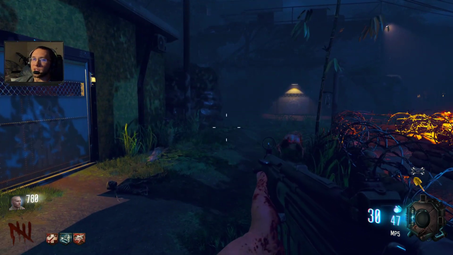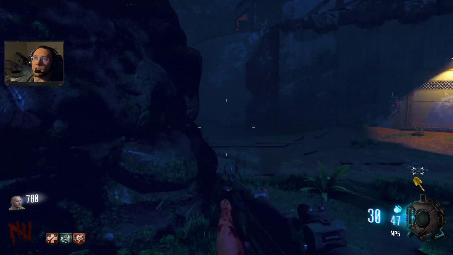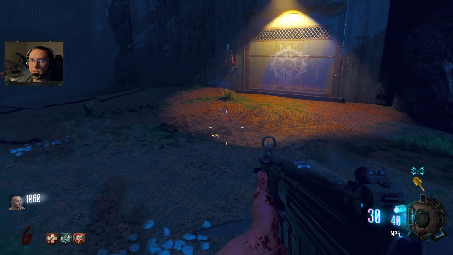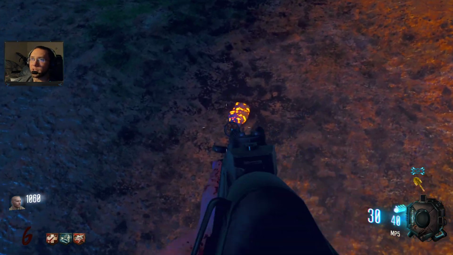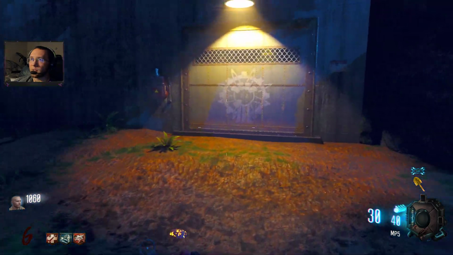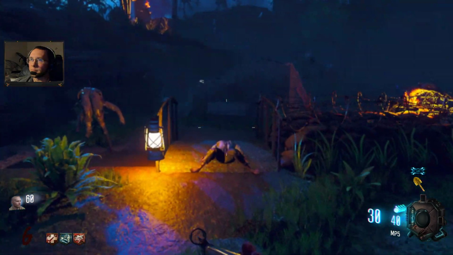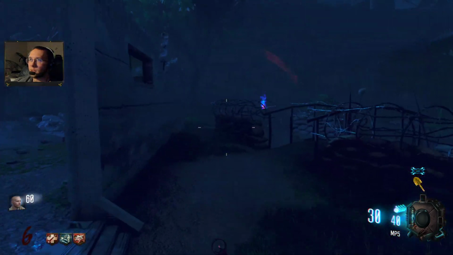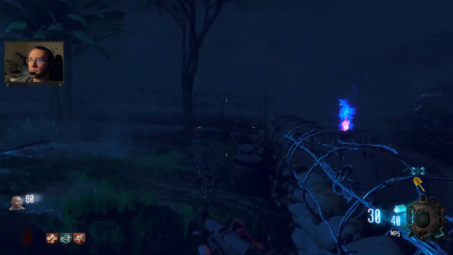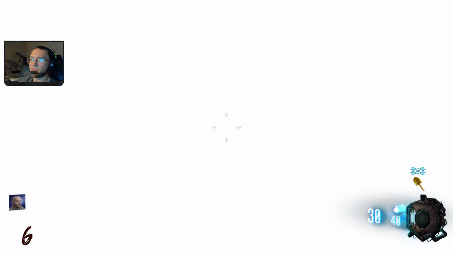And there are 4 of these elemental rocks that we need for the Easter egg, and this is the first one. Also guys, on the way to round 8, I'm going to show you how to get this elemental rock right here, which is the fire rock. And what you want to do for that is open this door. And as long as you have an afterlife, you can go into afterlife